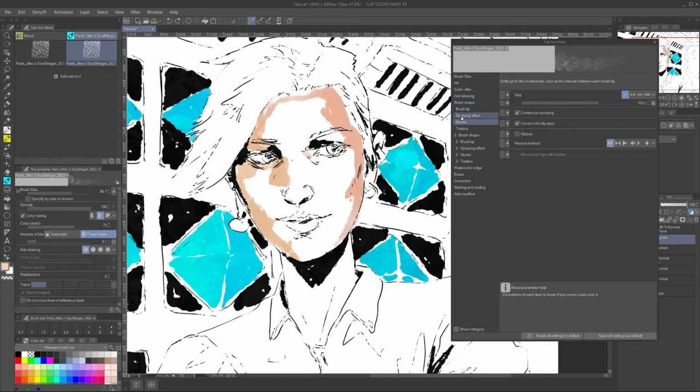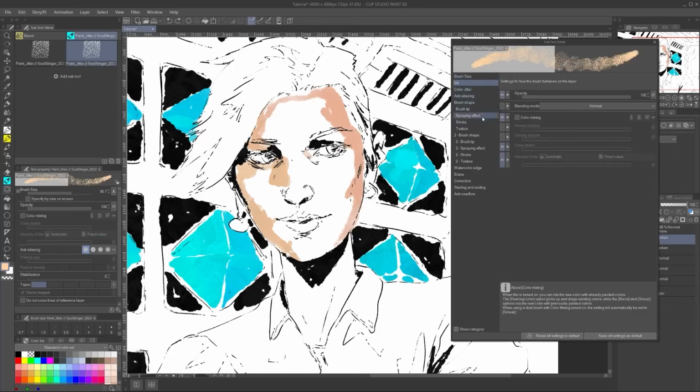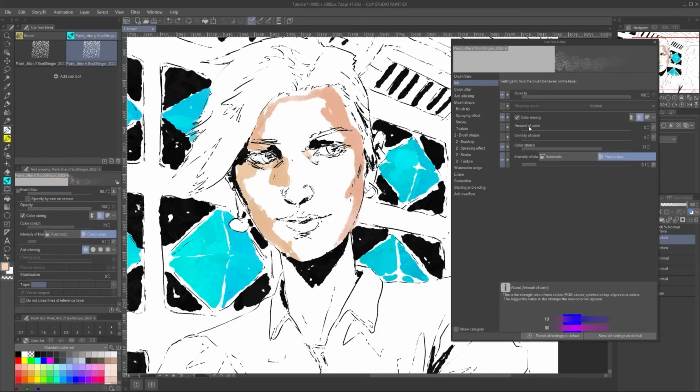And basically, as I told you before, you can create a blending brush out of any brush. See, this is like the normal brush. And then if I activate color mixing and reduce the amount of paint and reduce the density of paint, then I have basically a blend brush. And there are different algorithms, like the blend algorithm, which uses the full opacity of the brush